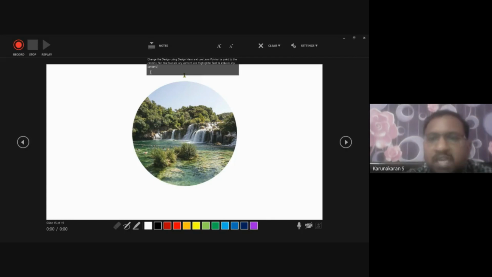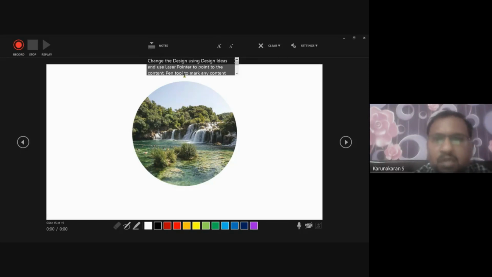Except this white screen, the actual video content, all the other outside contents will not be recorded as a video. So if you are unable to read, this is how you can read news also, news content, full page content. If you have any number of paragraphs, you can add the paragraphs, increase the size, drag them, move them, and explain. And decrease the font size visible to you.